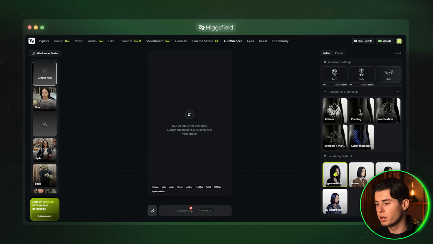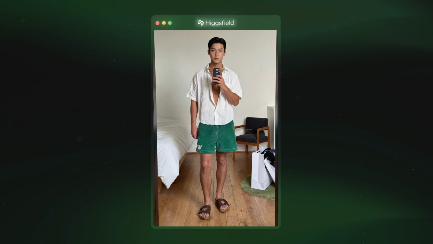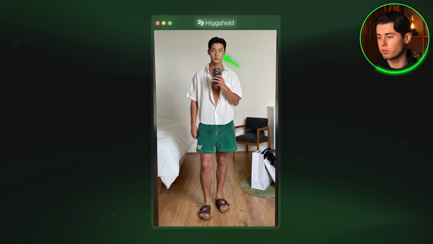Now let's click generate and see what Higgsfield gives us back. Here is the AI influencer we got. It literally respected every single detail we asked for. I can even see the freckles on his face. If I saw this character on social media, I'd really ask myself if it's real or not because of how realistic it feels. So you can easily use this feature to build an entire Instagram account or any other online